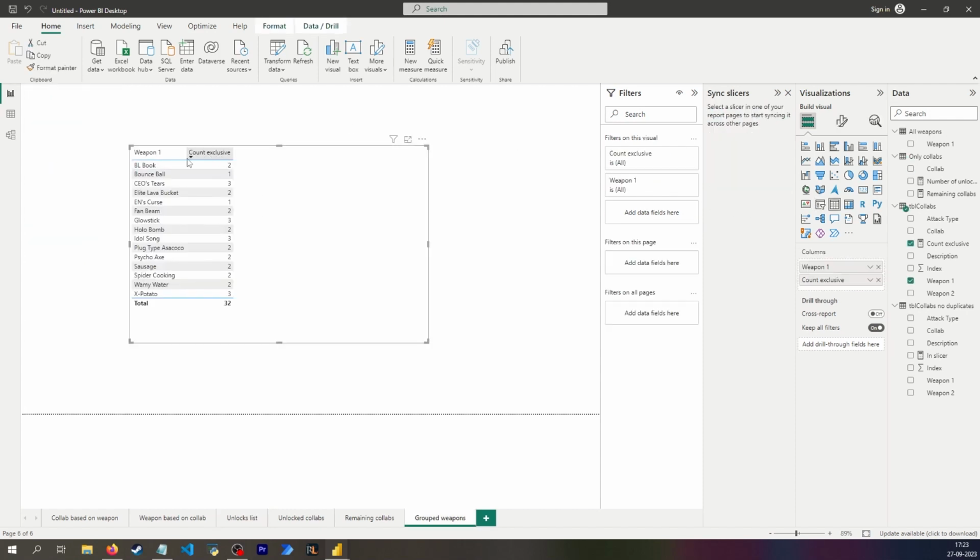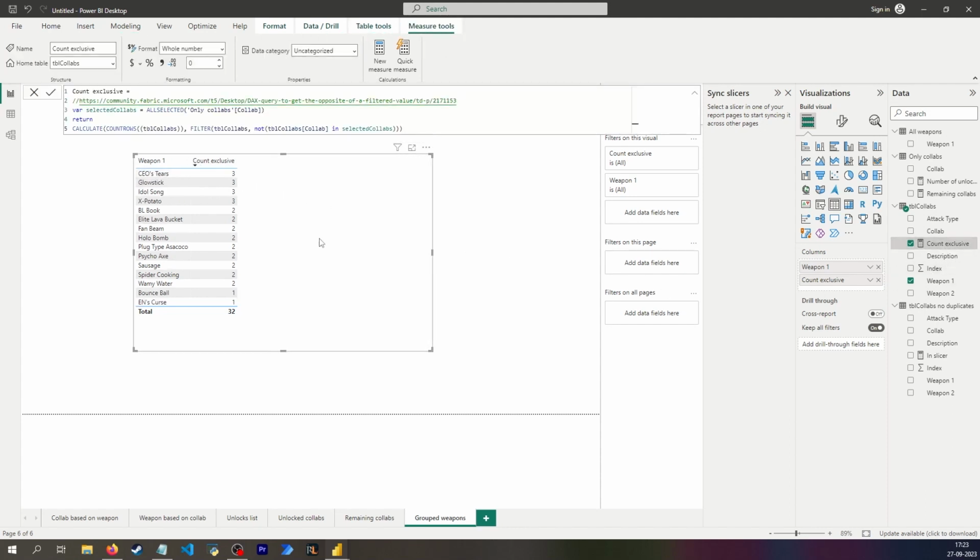And now it works. So then you can sort this to say, well, I should really focus on these 4 weapons because I have 3 collabs with them. Or inversely, you can say, well, I should focus on these 2 because then I'm completely done with them and I don't have to use them to get all the collabs. So depending on how you like playing, I guess. And it turns out I didn't need to use summarize, which I thought I did. In order to do my grouping, I could just do this, which is a lot easier. So yep,